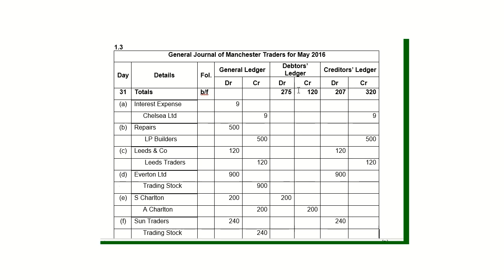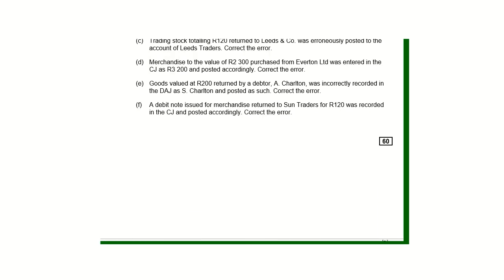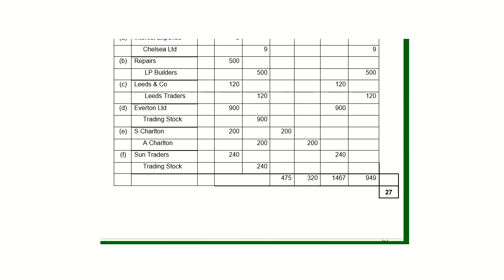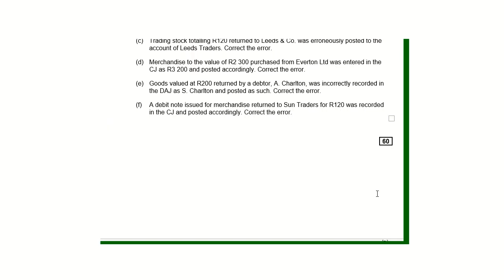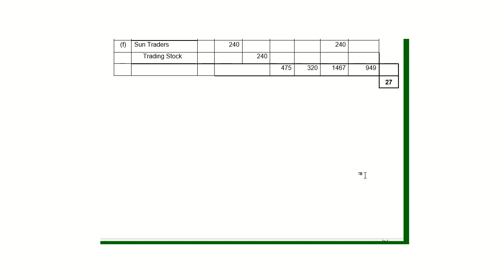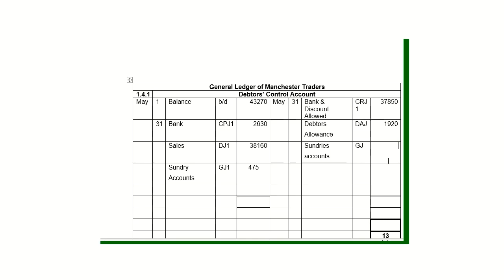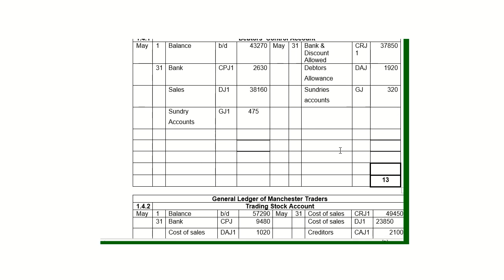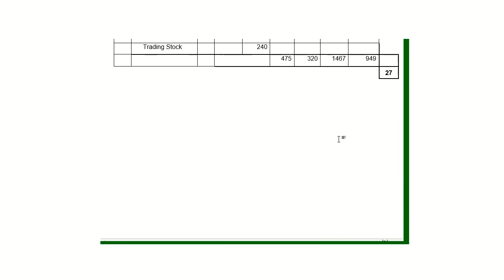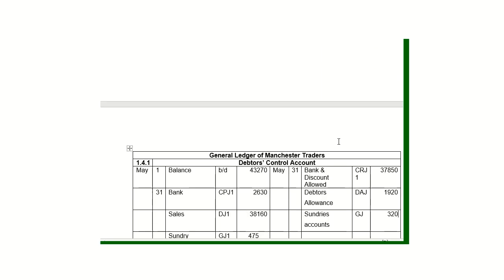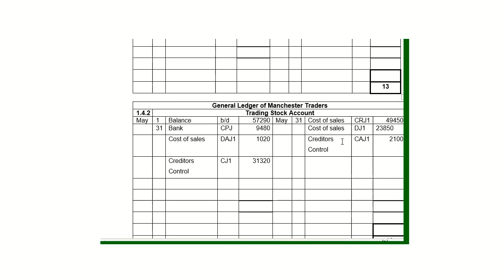There's debtors, 320 Rand. So we've posted the general journal. If we go back to the question,